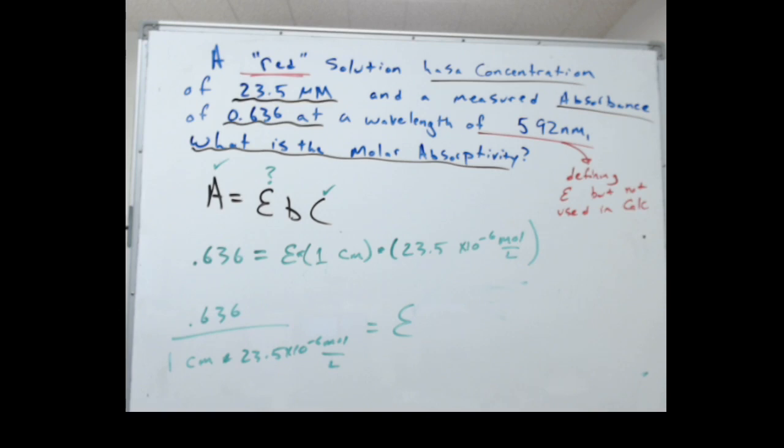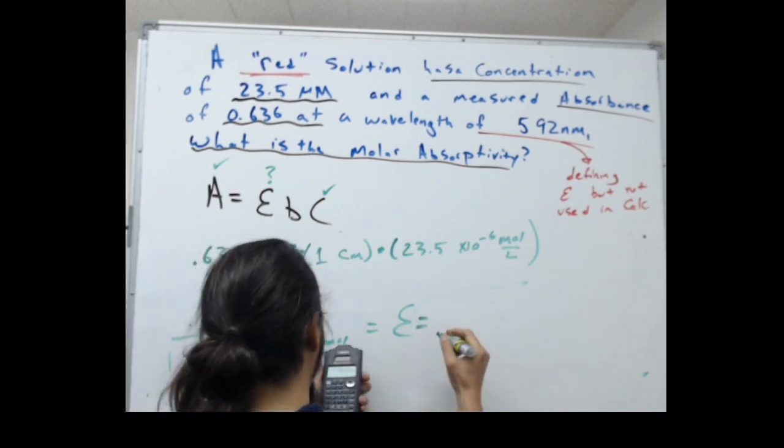0.636 divided by 23.5. Oh, important thing I will make note of as I punch this into my calculator, make sure you are careful with your parentheses when you're doing divisions in your calculator. Depending on how your calculator has it set up, you want to make sure that you're not accidentally dividing by 23.5 and then multiplying by 10 to the minus 6. So watch out for that. I received a numerical value,